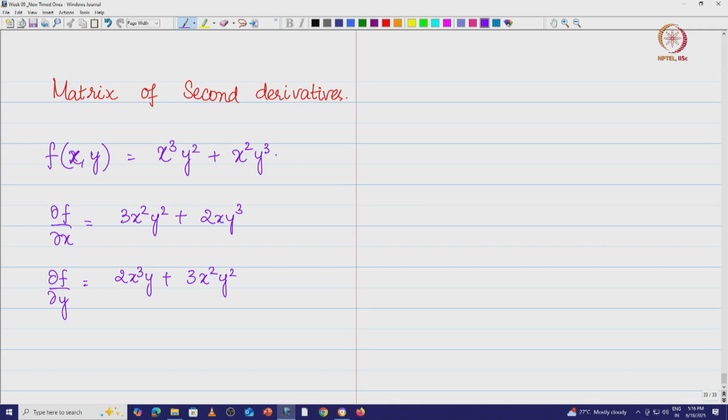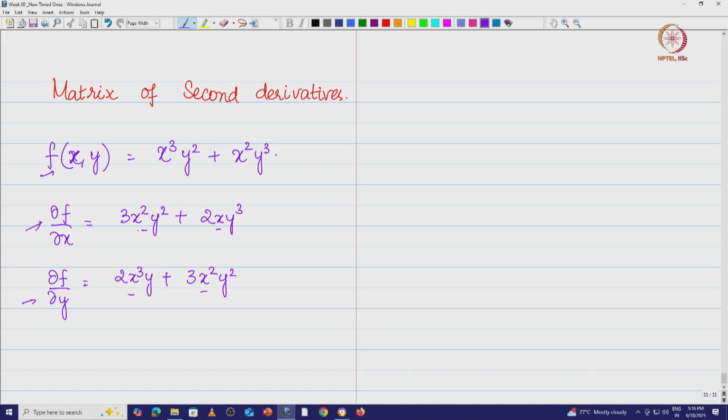Now, what do we see here? Something interesting happens here. The derivative of this function f is itself a function of x and y. The partial derivative of f with respect to y is itself a function of x and y. And remember, when we looked at the second derivative, as in the case of a single variable function, we said the second derivative is going to give the rate of change, the acceleration here.